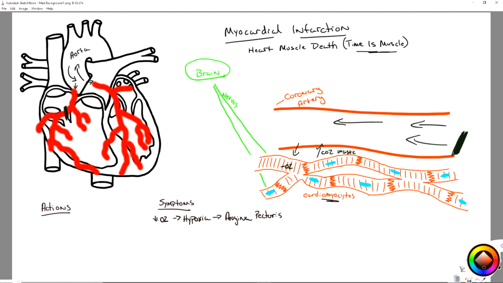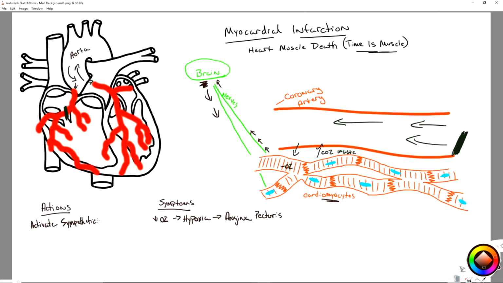So when these cardiomyocytes begin to get oxygen depleted, they're going to send signals up the nerves to the brain. And they're going to say, hey, brain, we have a problem. Houston, we have a problem. We are oxygen depleted. We can't fix it. You fix it. And the brain goes, okay, I'm going to fix it. I'm going to send messages down to the rest of the body to the first action, right? The brain's going to take action, and it's going to say, activate the sympathetic